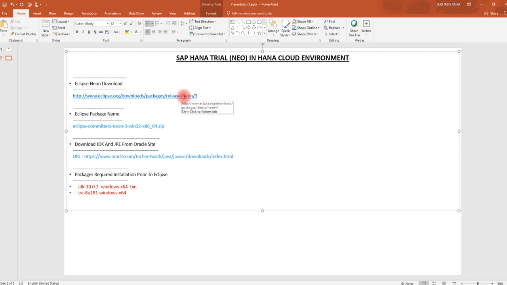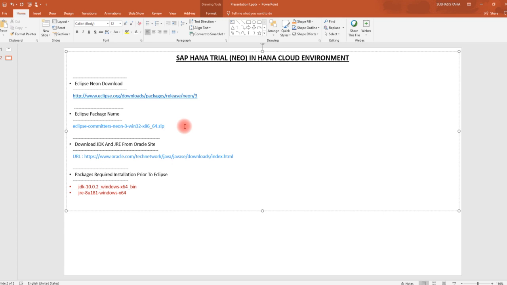I will show you which IDE you have to download, and then you can start downloading it. It will be about 300 MB in size. Once you click on the right package and it gets downloaded to your local download folder or whatever location you select, the name will look like Eclipse Committers Neon 3 Win32 x86_64 zip, because I have downloaded it for my 64-bit. So let me show you